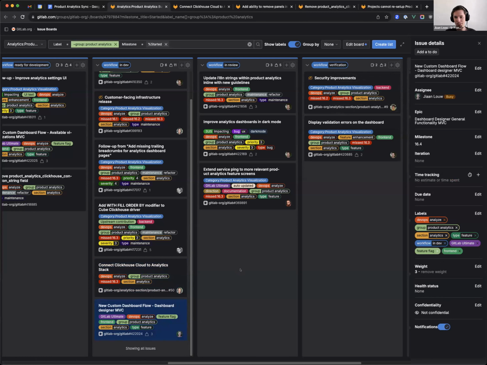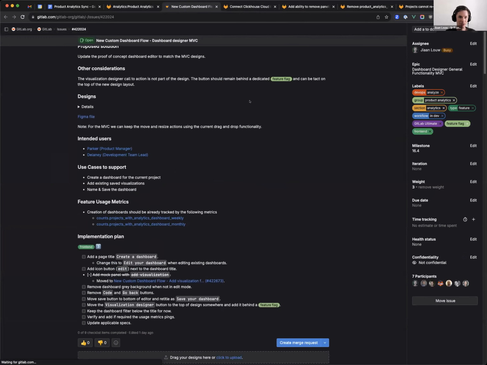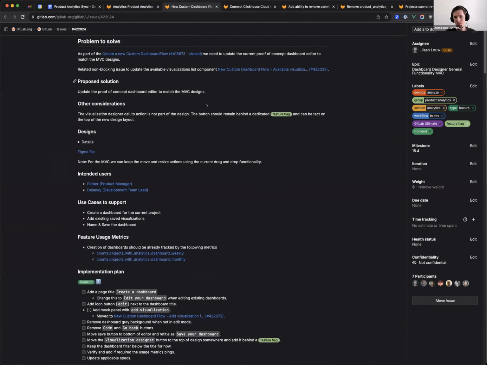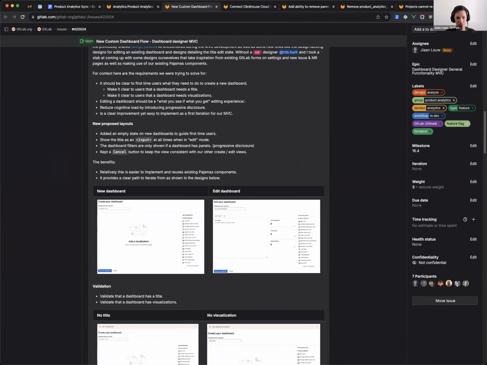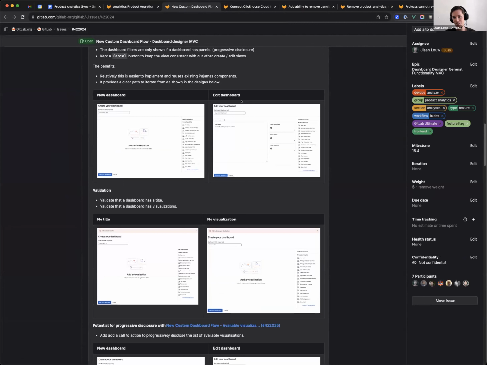Rob has very graciously given me a lot of his brain and time to help figure out a new layout that is compatible with all the requirements that we want for this MVC, but using existing Pajamas components without adding any fancy pseudo panel or the